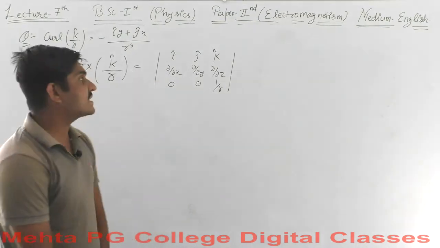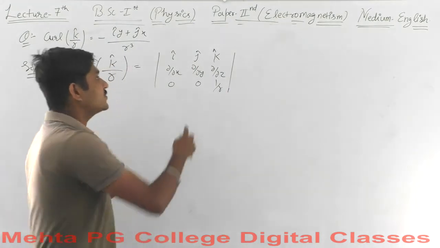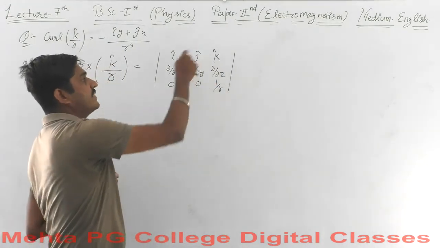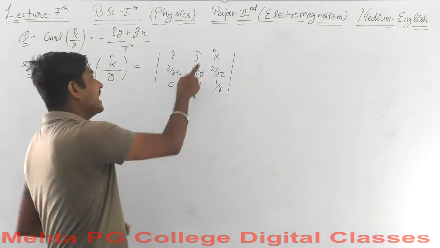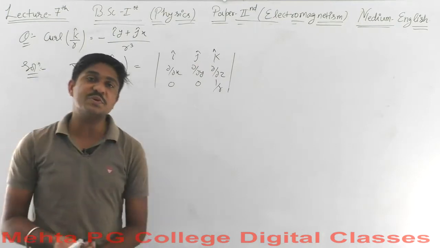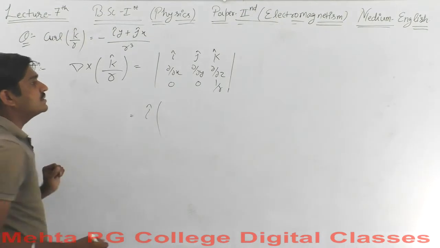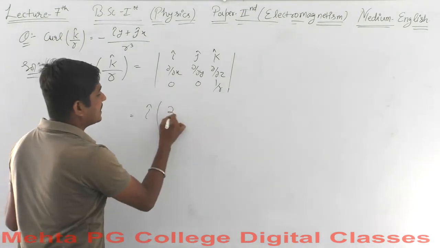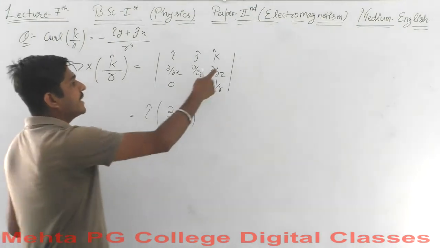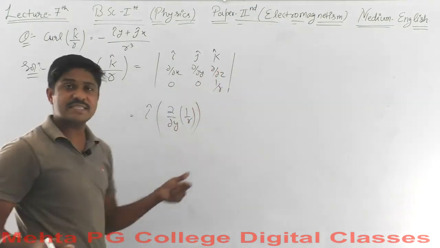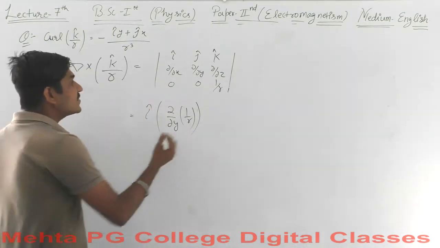So the component will exist only for i or for j but not for the k vector, because when you calculate the components for the k vector, you will end up having curly 0 over curly x and curly 0 over curly y, which has no use here. So let's begin with i cap. What do we have? We will have curly over curly y for 1 over r minus this, which is again 0. I am not wasting my time on this; you can go through it yourself.